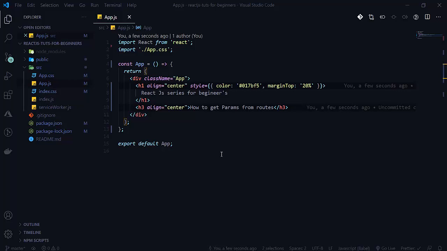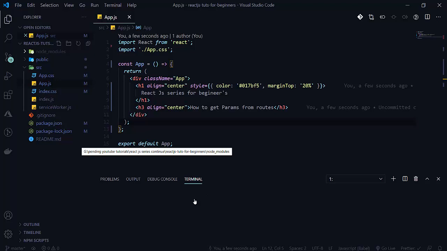So I already installed React Router DOM here. If you don't know how to install it, simply go to your terminal or your CMD, in the folder where all your files are kept. So simply go to the terminal.